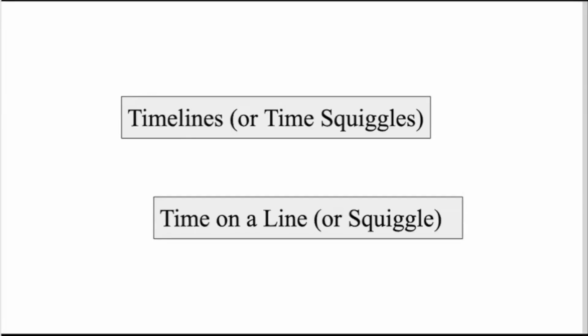give you some ideas about timelines, what's good, what's bad, what I like, what I don't like, what you might like or not like. Timelines basically tell you what they are in the name. It's time on a line or a squiggle sometimes. But there are many different styles of timelines. Some are more helpful than others, and the formatting often depends on your taste, your audience, and what you are